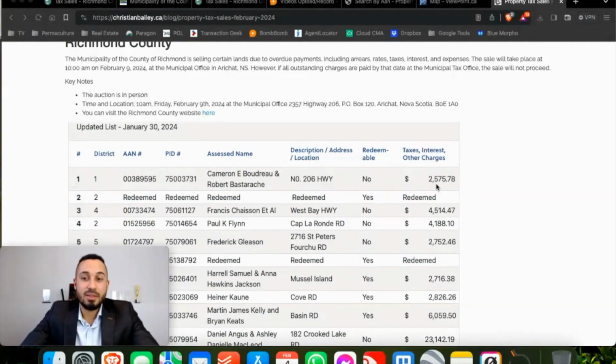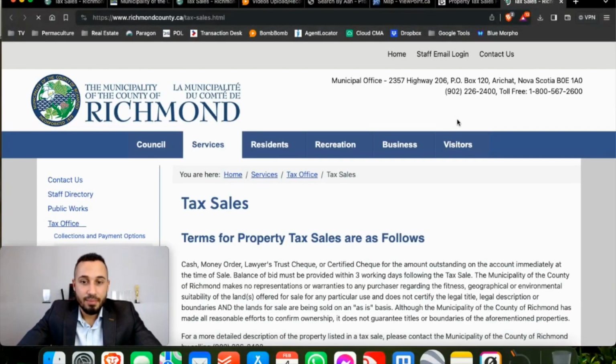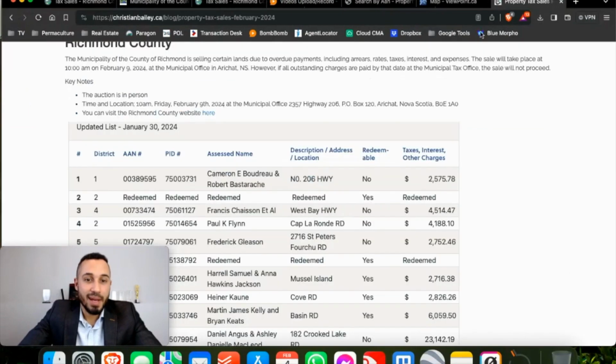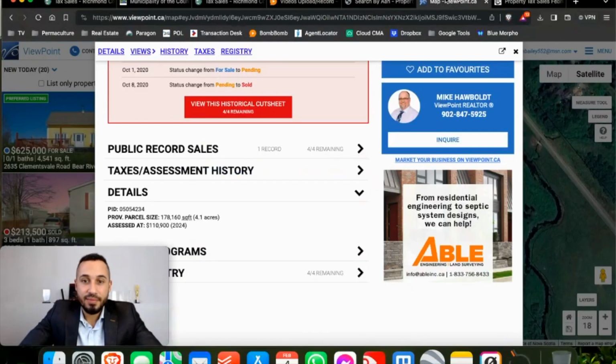You can see the amounts that are owing on these properties. But for this, we're trying to find out more information other than what's on here, okay? So for this example, the easiest thing to do is to take the PID, or the property ID. So for this example, we're going to grab that. It did take me right to the website, but if you copy this and plug it into viewpoint.ca,